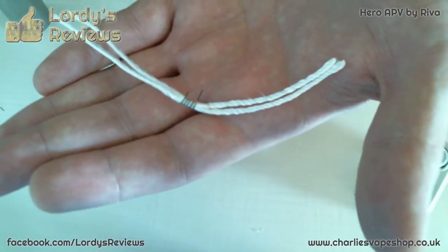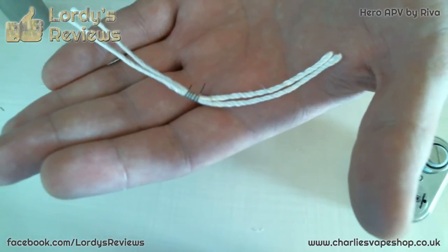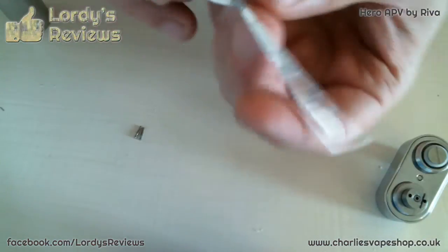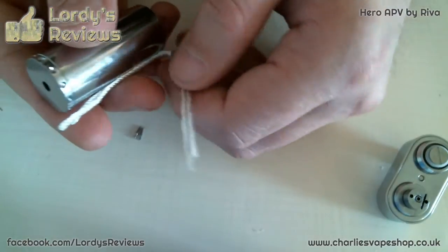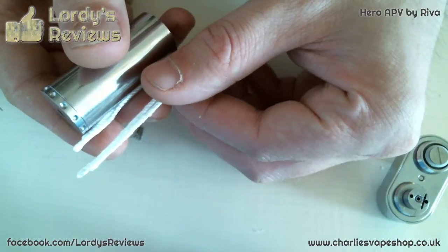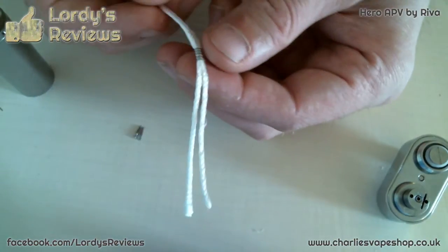Okay, so what I've got here is a piece of 0.5 by 0.1 ribbon Kanthal wrapped round a couple of pieces of silica wick. And the way I've worked out the size of wicks there is I just held it up against the side of the tube and cut it so that it was kind of a double length on both sides, on both wicks. So that's how I got there. Right, so